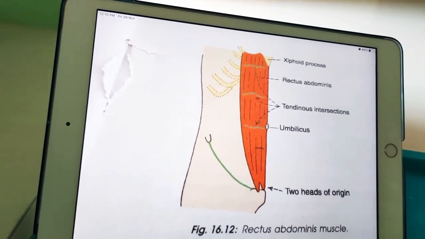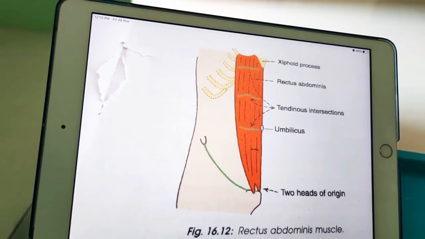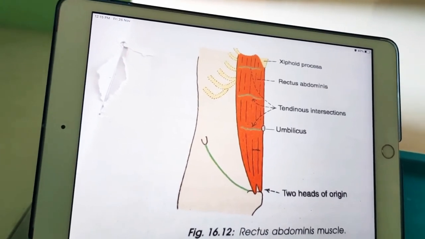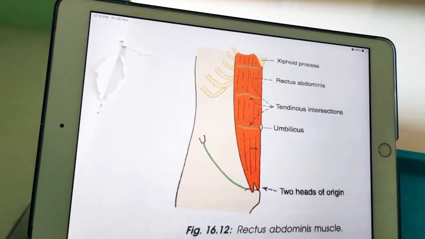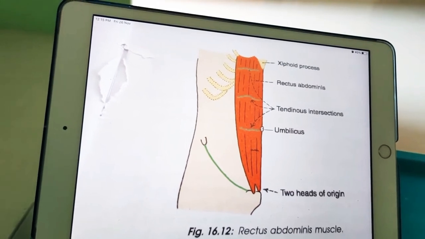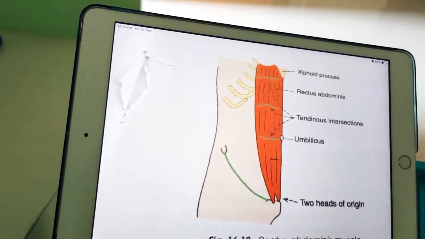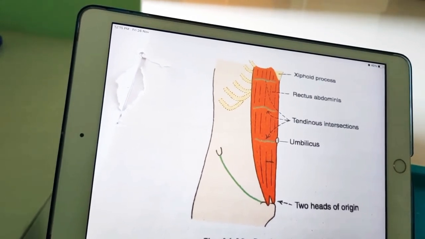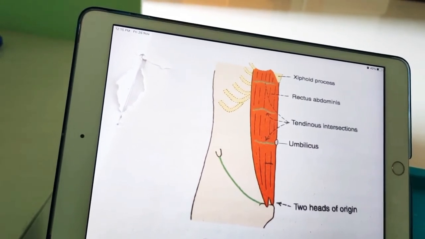Now coming to the forceful expiratory acts. According to the name you can say external oblique is expiratory. It is mainly useful for depressing and compressing the lower part of thorax, producing forceful expiration like in coughing, sneezing, blowing, shouting, etc. So this is also an important action of abdominal muscles.